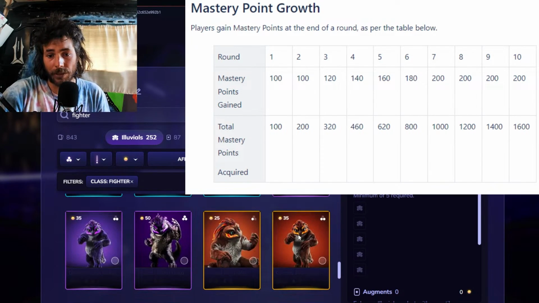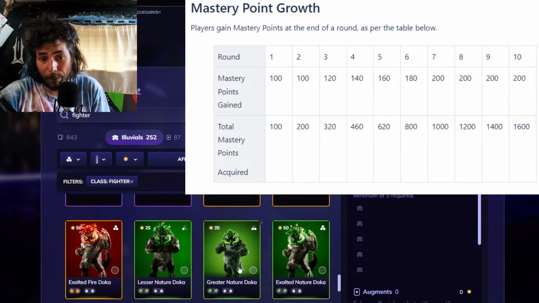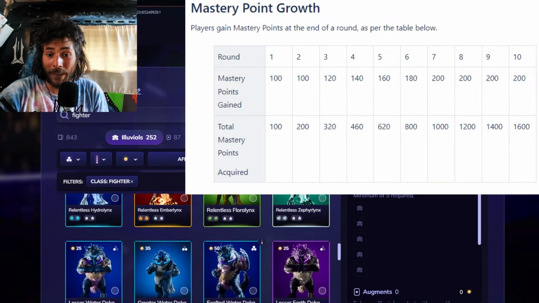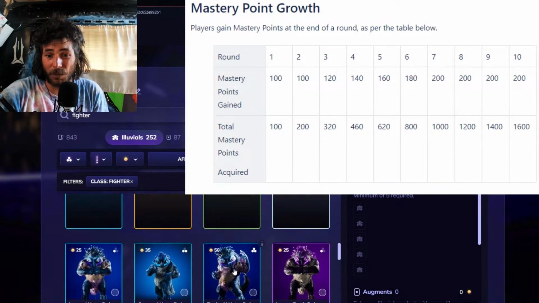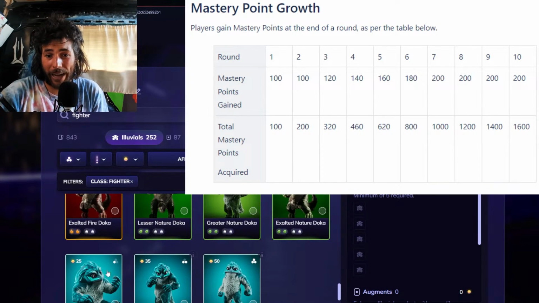All right, we're gonna play fighters. So let's bring in fighters. The other thing we gotta consider is which affinity we are gonna play. Are we gonna play around fire fighters? Are we gonna play around earth fighters? Are we gonna play around nature fighters? I think one of the best ones is probably earth, nature, and fire. Water is pretty strong too. Yeah, I don't know about air. You really gotta...